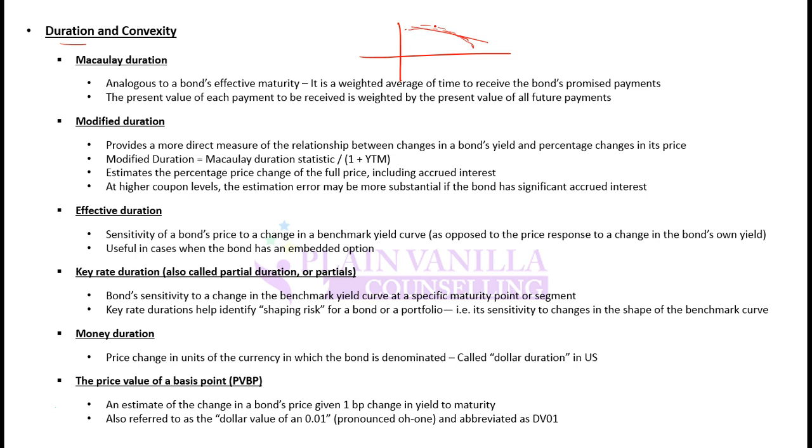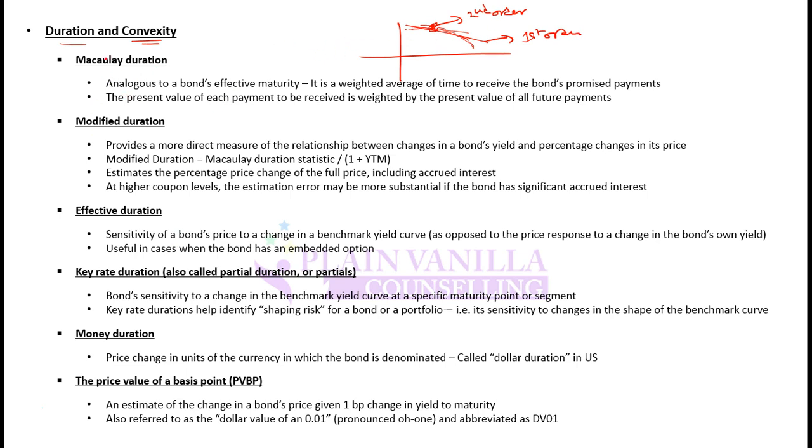And when we have a curve, that means there is some curvature. And when we have curvature, just checking the duration is not enough, but we will need to check this curve or this curvature as well. How do we capture it? We capture it using convexity. Convexity is the second order effect, and duration is first order. And duration assumes a linear relationship.